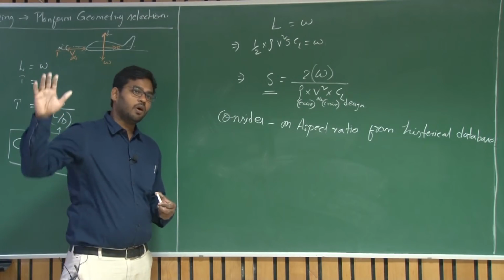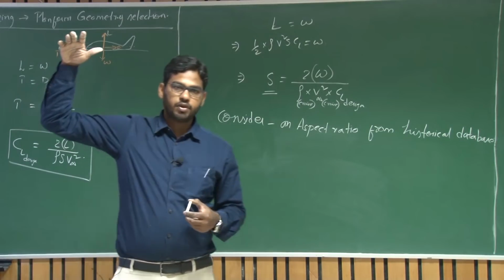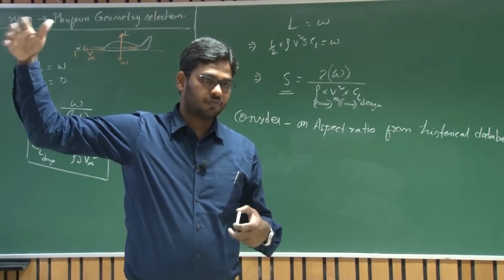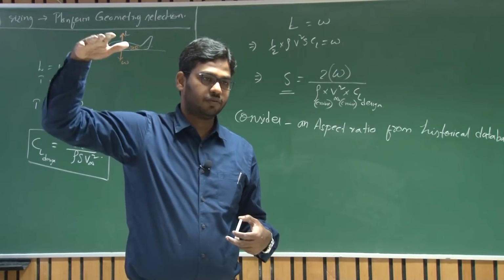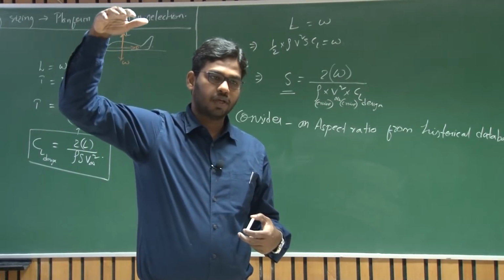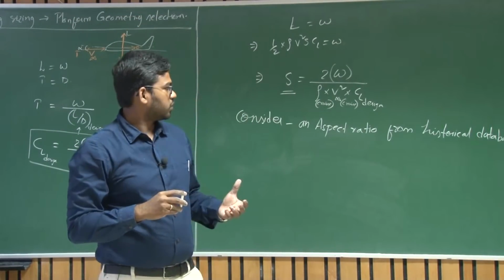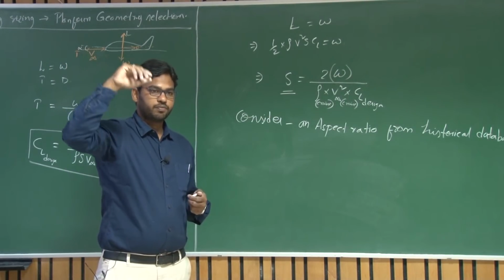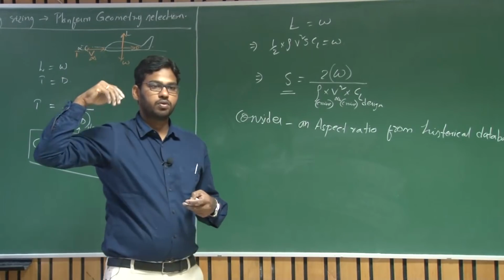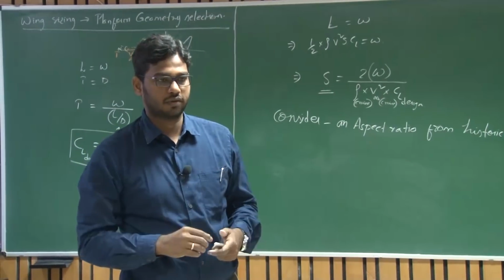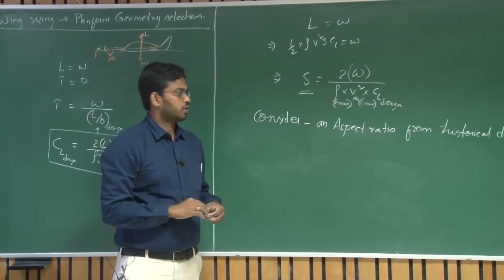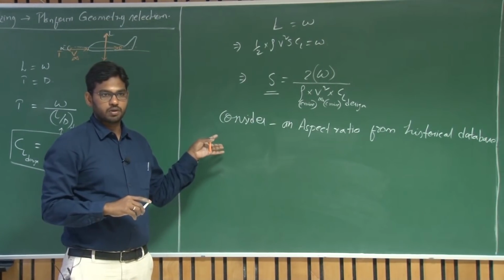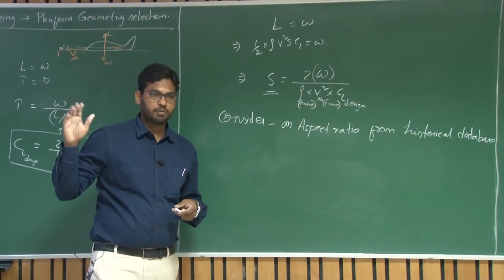Where you want a long endurance, higher endurance, that means you need the minimum power requirement. So the span should take care by itself. The span of the UAV should be sufficient to generate the lift at that particular altitude as well as the velocity, and that velocity should consume the minimum energy. So if we want to achieve a maximum endurance or long range, then you go for a design which is close to a glider. So long range UAVs are generally glider UAVs, as well as long endurance UAVs are also glider UAVs, where they fly at comparatively very less velocity.